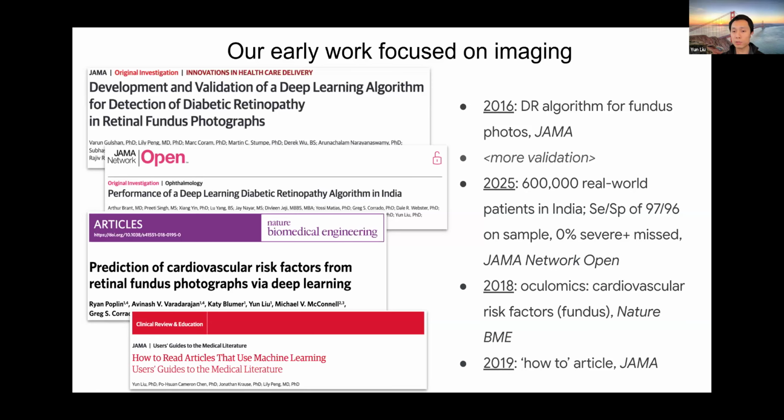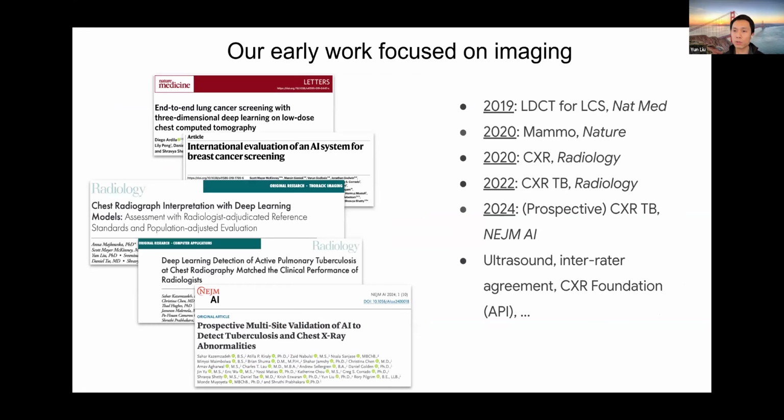Okay, and everything on this slide relates to fundus photos or eye images. We also worked with a number of other modalities. Some examples are low-dose CT for lung cancer screening, mammography, chest X-rays for just broadly figuring out if something is wrong, for tuberculosis, ultrasound, and a number of other things as well. And for each of these, I think we worked with partners that were very keen on bringing things forward. And some of them, we actually proceeded towards prospective studies with real patients as well.